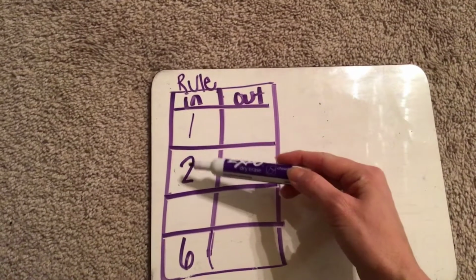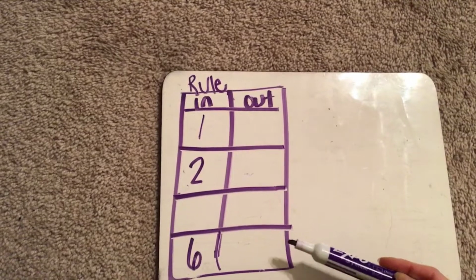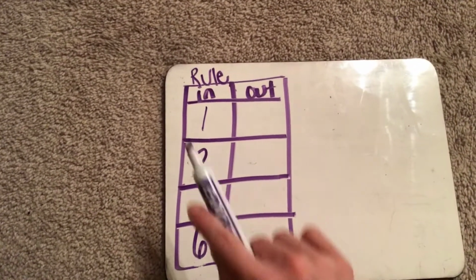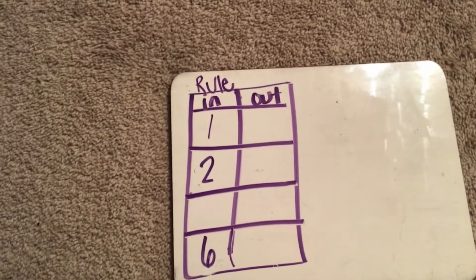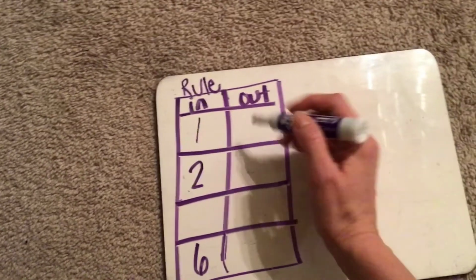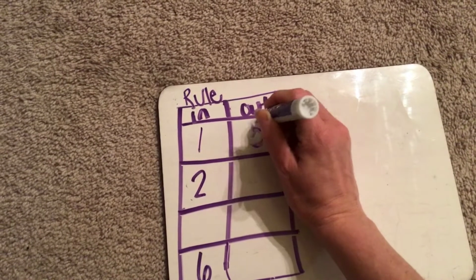I can see I have a 1, a 2, and a 6. I have nothing in the out table yet. Don't worry, today's activity you will have more of this filled out, but I want to talk you through it. That's why it's not filled in at the moment. If I have a 1 here in the in, and I get out a 5,